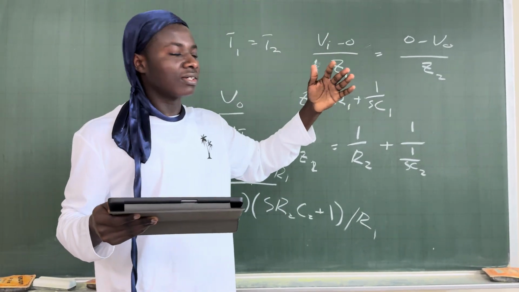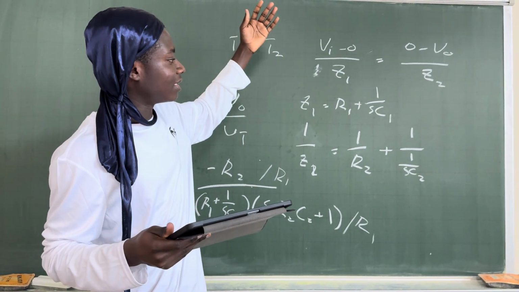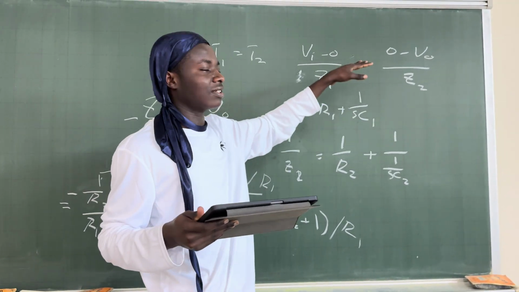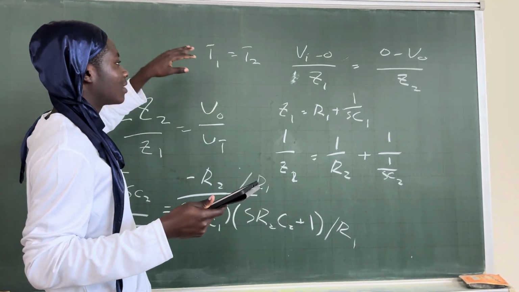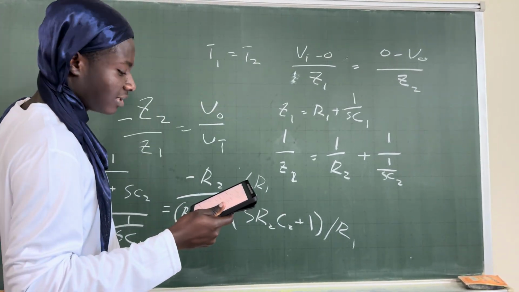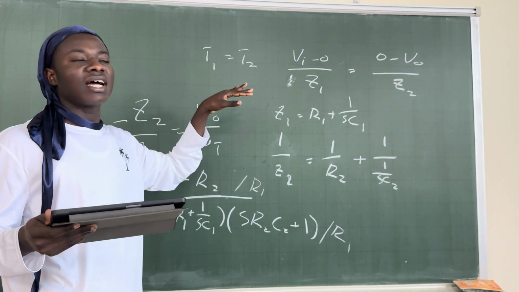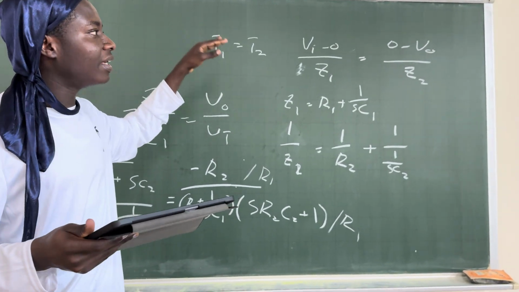Then combining with the gain, it will now give us the output, which is called the VO. So now I want to talk about how to plot the transfer function by applying the mid-band gain,